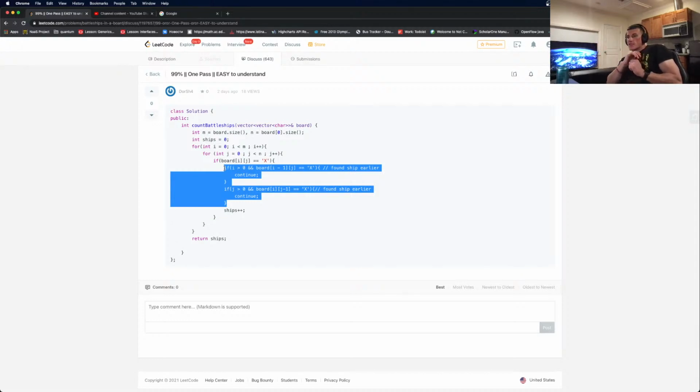Simple algorithm, simple but genius, right? Why bother with depth first search if you know that you start with the lowest possible row, from row 0 to row whatever, and same with column, right? So all you need to check is whether the preceding cell on top or at the back is already X. If so, then it's not a new ship. You just keep